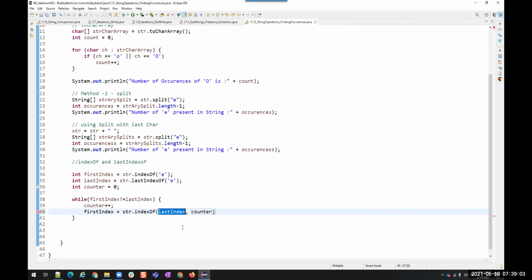I don't want lastIndex. indexOf, I want a character e. But from where should I start? We already found the first index. So after first index, we have to count, right? After first index, again we have to do the count. We have to change the starting position of searching this. So I'm changing the starting position to first index. Understood?